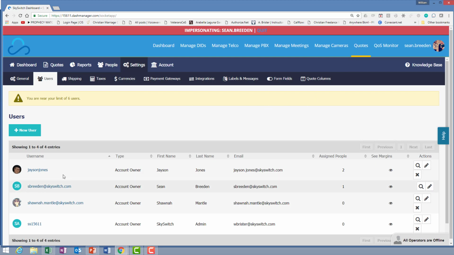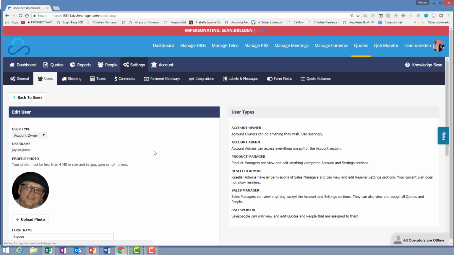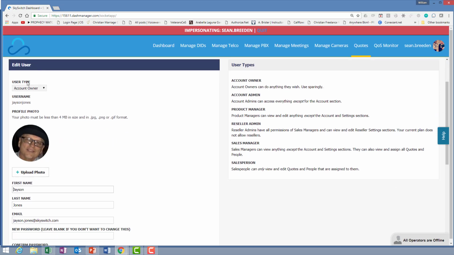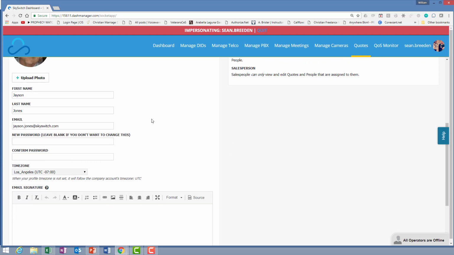And that's a point I want to bring up. When you're logged in to your Dash Manager, your quotes tool account is attached to you. Okay, so when I look at, for example, this particular user, Jason, for one thing, there's going to be a user type, whether it's an account owner or admin, product manager, sales manager, reseller admin, salesperson, etc. So when you create a user, you can determine what type of user account they are. And then also you'll notice just regular